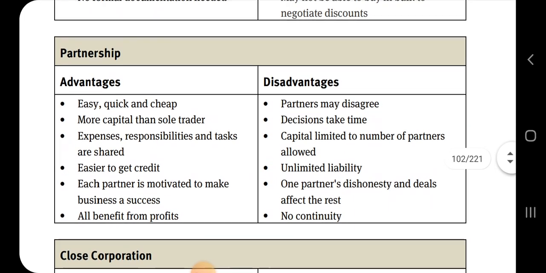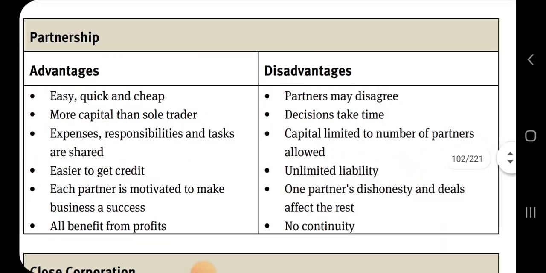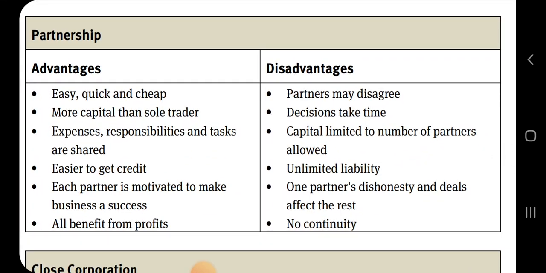And then we're going to go to partnership. Advantages and disadvantages of partnership. A partnership is easy, quick, and cheap because more people are bringing in money. So there's more capital in a partnership than in a sole trader. Expenses, responsibilities, and tasks are shared amongst partners. So it's easy to get great credit, and each partner is motivated to make business a success, and all benefit